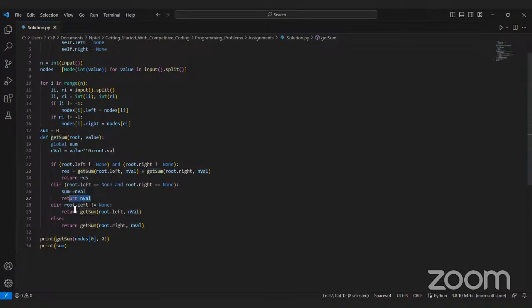And if either of them is none, meaning left is not none, it does have a left subtree, you go to the left. And if you have the right subtree, meaning obviously it's an else condition, that means it has a right subtree because we have checked for all these conditions. You go to the right subtree and get the result. So that is the entire solution, how you're going to approach it from a recursive point of view.